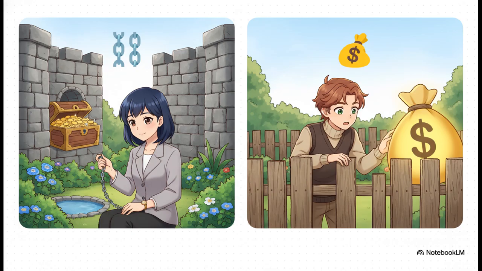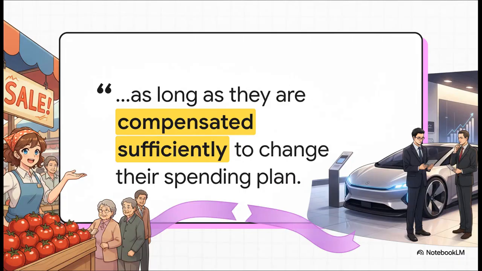But with the preferred habitat theory, that loyalty has a price. They might plan to spend their money in a year, but if a 10-year bond is offering some kind of incredible, once-in-a-lifetime interest rate, they might just be convinced to change their whole plan and wait. And this quote just hits the nail on the head. It all comes down to compensation. That interest rate prize has to be big enough to make an investor totally rethink their financial timeline. We're not talking about a small nudge here. It's got to be a massive incentive to pull them out of their comfort zone, out of their natural habitat.